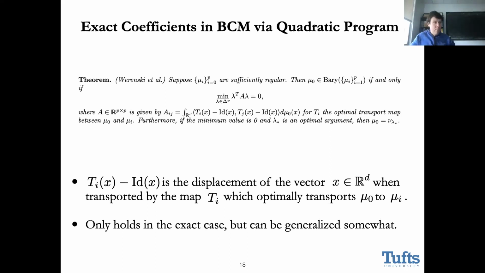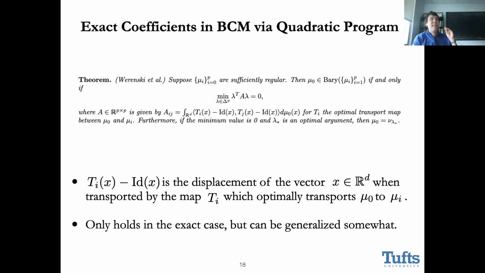A couple of points I want to make, on the plus side for us: the dimension of A is P by P. So if I have a small number of generators, A is a small matrix. One might hope that you have a simple problem in this regard.